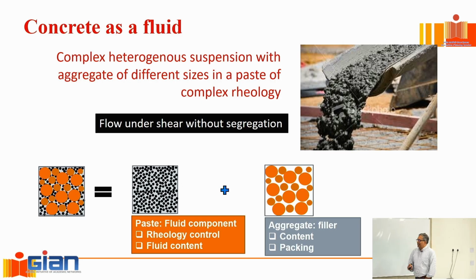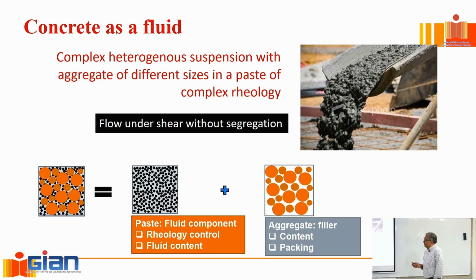If you want the real technical description of concrete, this is what we are trying to describe, right? If somebody was to look at it, it's a bit of a stretch to call this a fluid. It doesn't look like a fluid in any sense of the word, right? But it behaves like a fluid. I mean, look at this. Would you call it a fluid? Because our imagination about a fluid is something that looks smooth, continuous, right? Applying those principles here is a bit of a stretch, but it behaves like a fluid. It flows. As you can see here, there's concrete being dumped off a chute, and it's flowing. So therefore, we say it's a fluid.